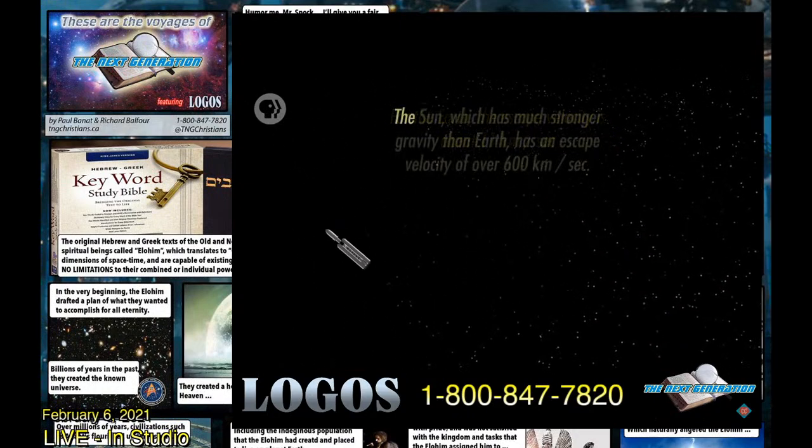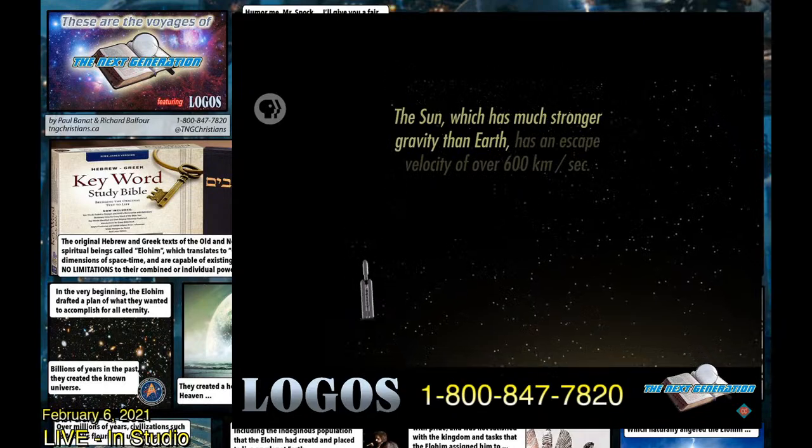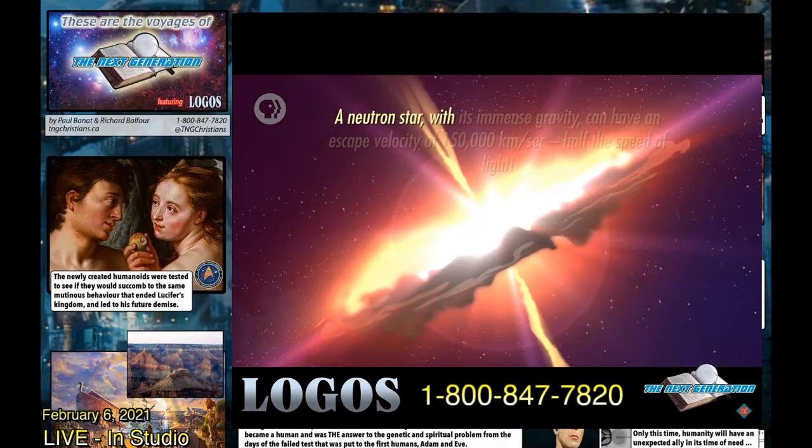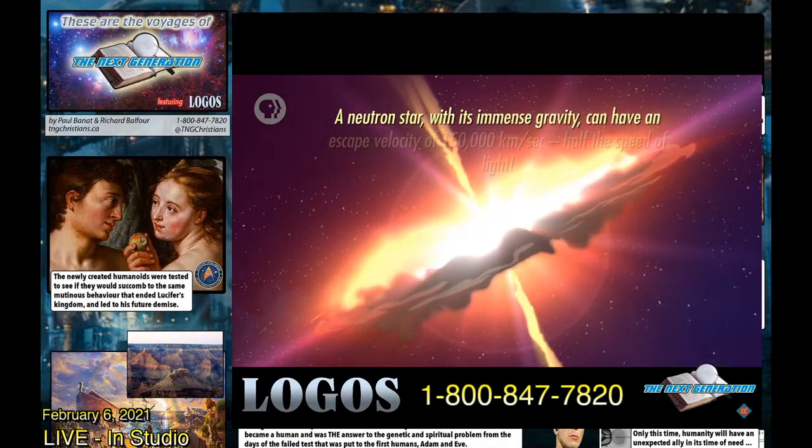It'll never fall back. The Sun, which has much stronger gravity than Earth, has an escape velocity of over 600 kilometers per second. A neutron star, with its immense gravity, can have an escape velocity of 1